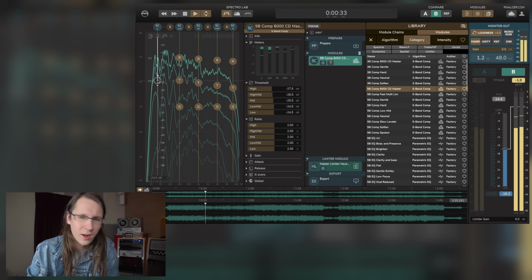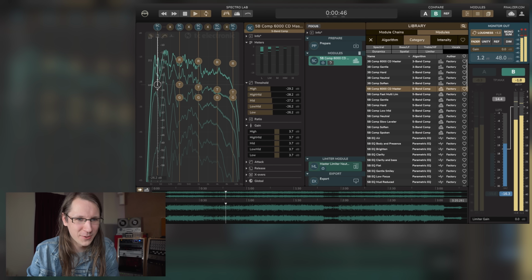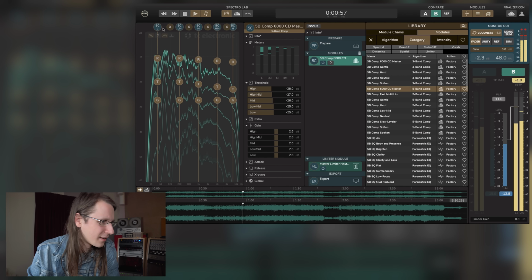Yeah, this really sounds like a certain time frame. I don't know why. Yeah, this is the typical compression. But it's linked.